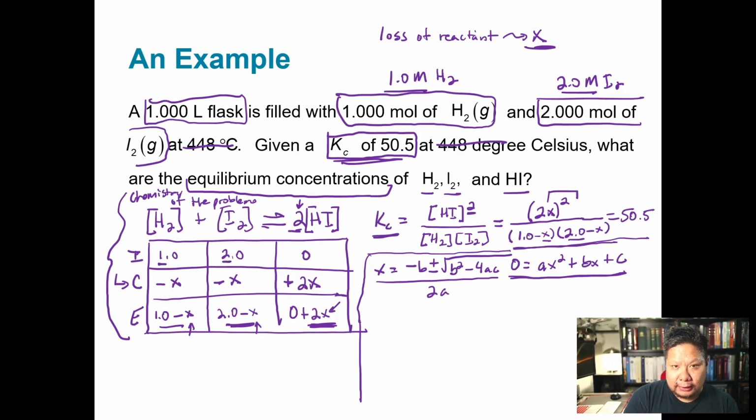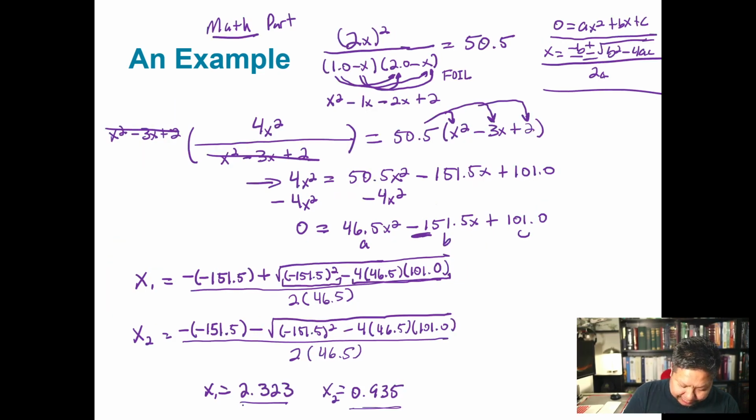If we look at our x's, we have one that is bigger than both of our initial concentrations, which is impossible. You can't get an equilibrium concentration that is bigger than the initial starting concentration of any of the reactants, right? So just from that alone, we know then that